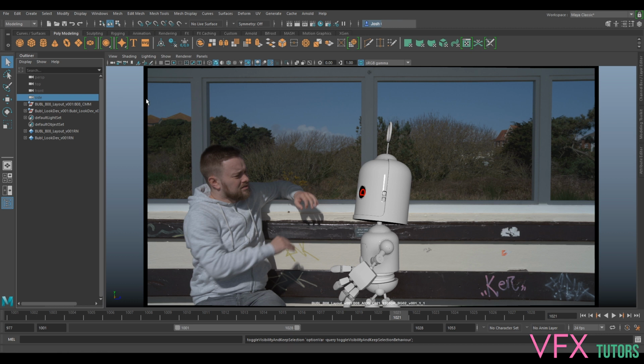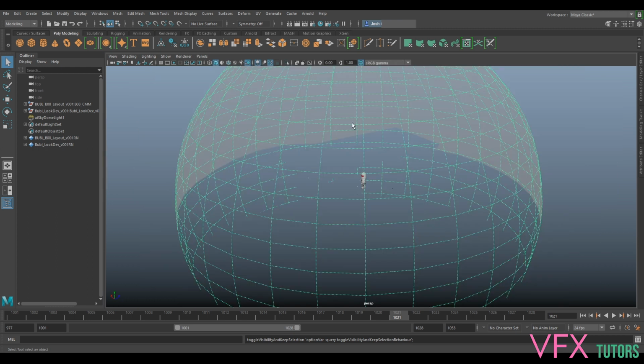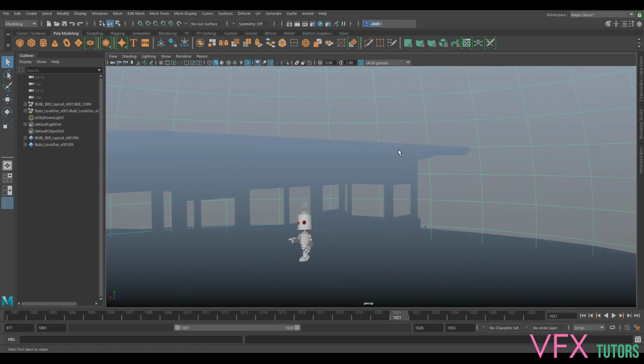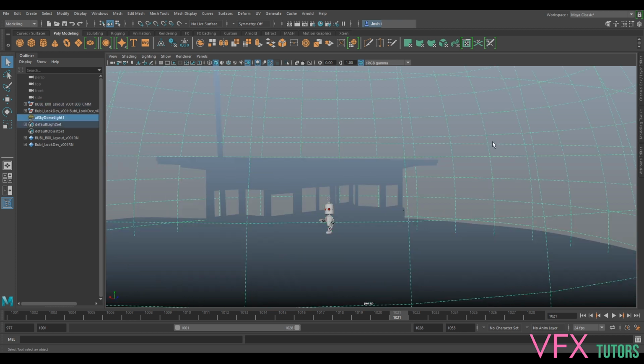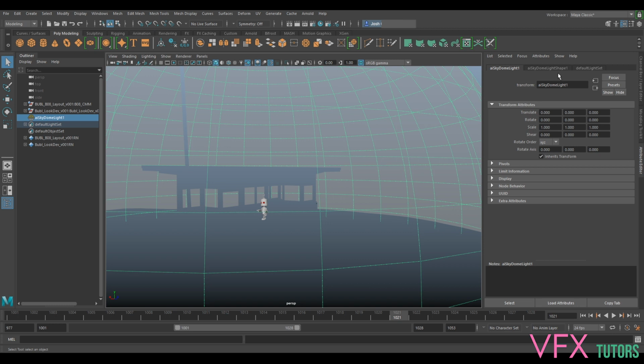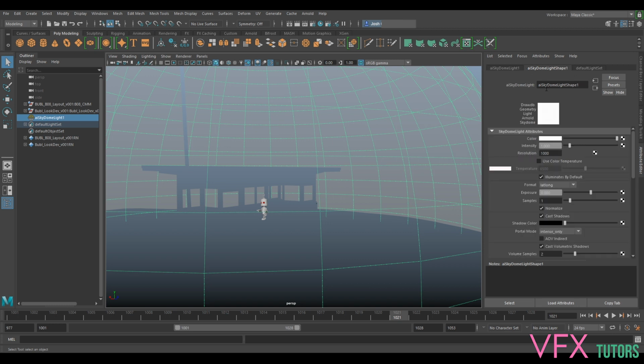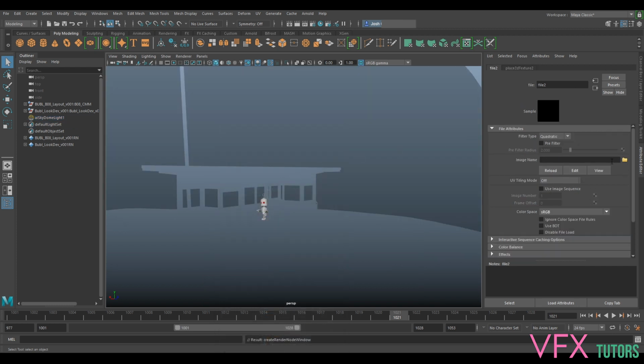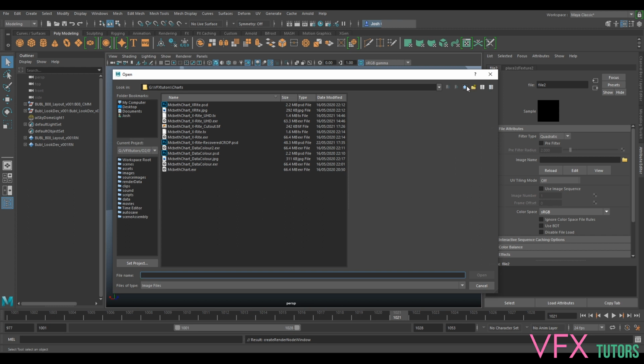So the first thing we really want to do is, well, you should have already done your HDRI process. We did that ages ago. So now we can finally go to Arnold Lights and create a skydome light. If we just go to our perspective, we'll see that we've got our skydome light here. We've still got a background shader on this at the moment, but it doesn't matter. So I'll go to my attributes editor, go to my default dome light shape, and go to color, file, and I'm just going to navigate to